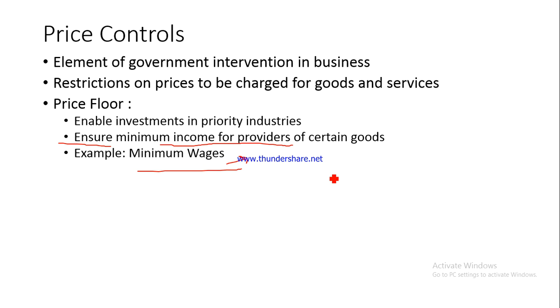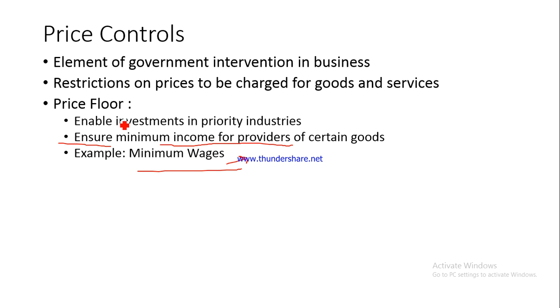So naturally, if he is selling his pulses, he would be getting a higher return, and that is why the farmers can be incentivized to produce a particular crop and not to produce other crops. So this also is done by the government to incentivize farmers to switch from one crop to the other, right? So these are the objectives that the government fulfills by this minimum support price policy, which is again an example of a price floor.